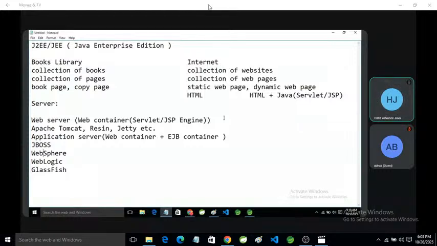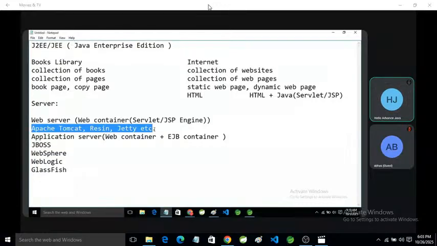These are examples of application servers. But mostly application servers are paid servers. Apache Tomcat and Jetty are open source. You can download them directly from the internet and use them.